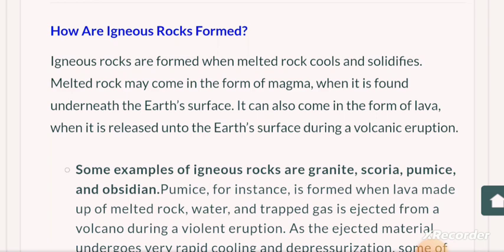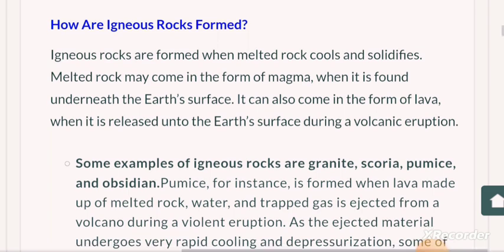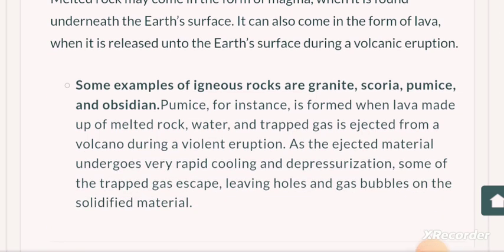Igneous rocks form when melted rock cools and solidifies. The melted rock may come in the form of magma when it is found underneath the earth's surface. It can also come in the form of lava when it is released onto the earth's surface during a volcanic eruption. Some examples of igneous rocks are granite, scoria, pumice, and